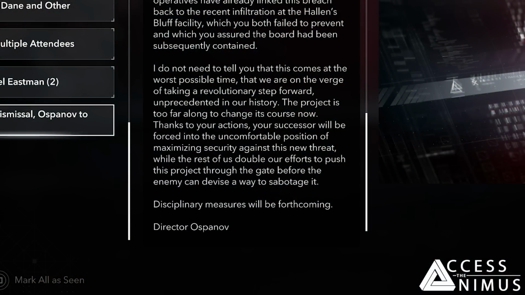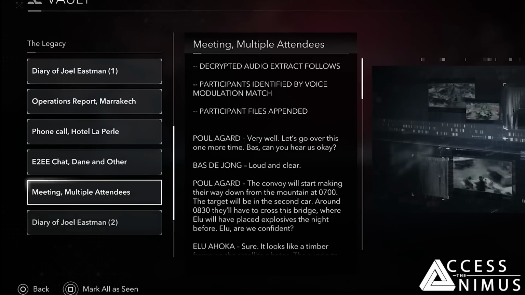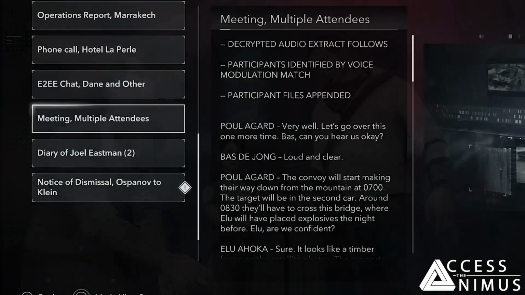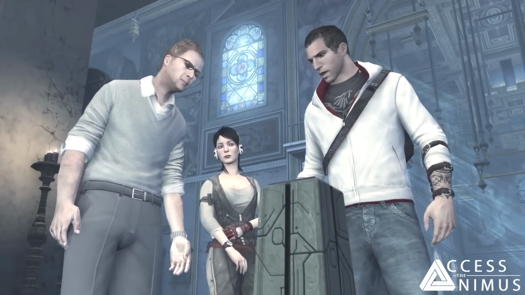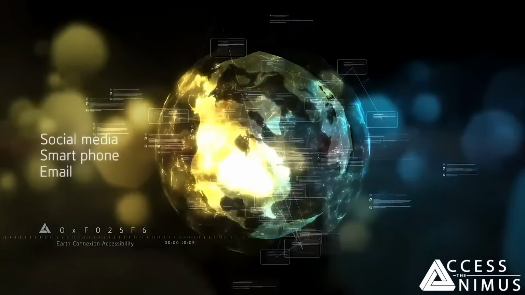Thus, the uncomfortable task of supervising Abstergo's security, as the Templars are going to try and fulfill this project, will rest on somebody else's shoulders, and I'm pretty sure that Klein won't be there to see it. So that's the ending of the legacy set of modern day files, where we got an idea of where the assassins are standing now, or at least one of their cells, while in this new modern day setting set in